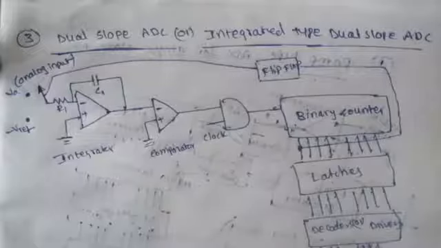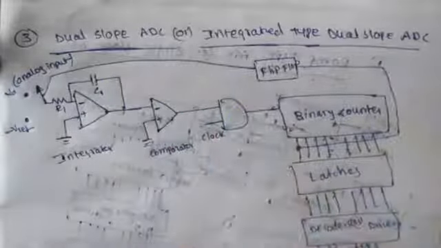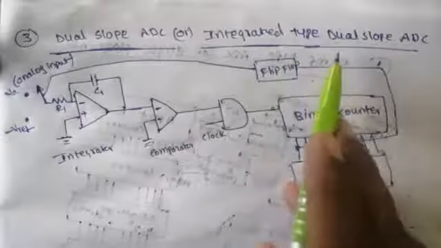And second point, here we are using a DAC. The DAC must be very sensitive. So to eliminate these two drawbacks, we will go to the dual slope or integrated type ADC. That one now we will discuss. In this case, these two drawbacks will be overcome. Now coming to the third category, dual slope ADC or integrated type A to D converter.